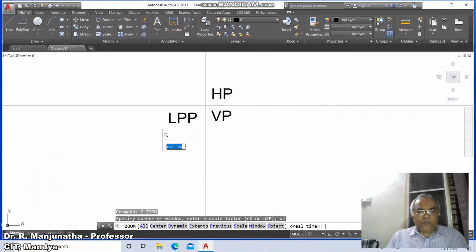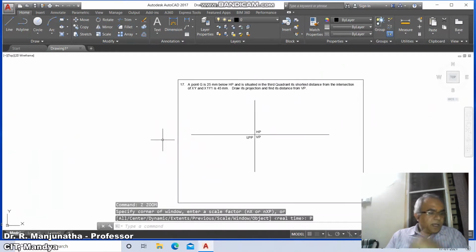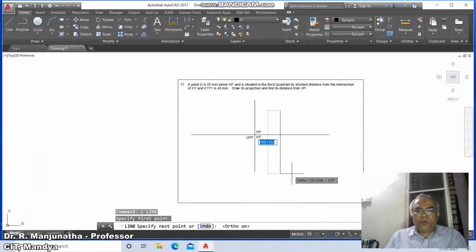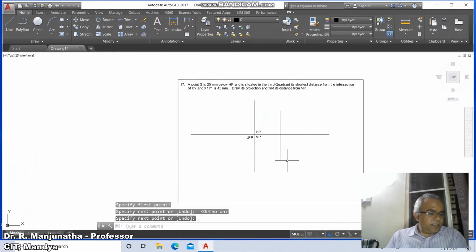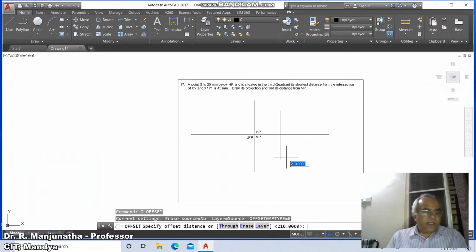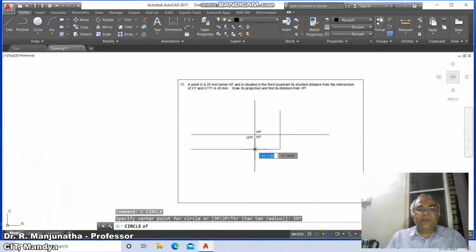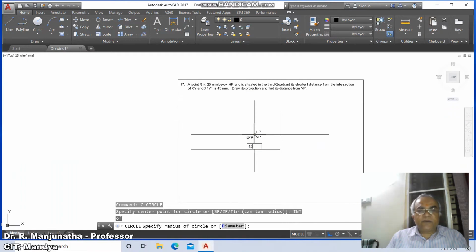Now we go for zoom previous, and now select any distance and draw a line at any distance from here. Then switch on ortho mode, because the distance with respect to the profile plane is not known, and then go to offset, specify offset distance as 25, and then go to fillet between these two. Then go to the circle command, draw at the intersection of this and take the radius as 45,